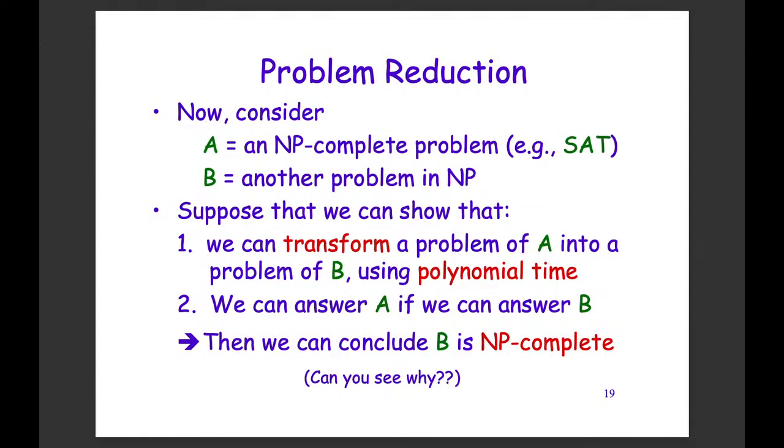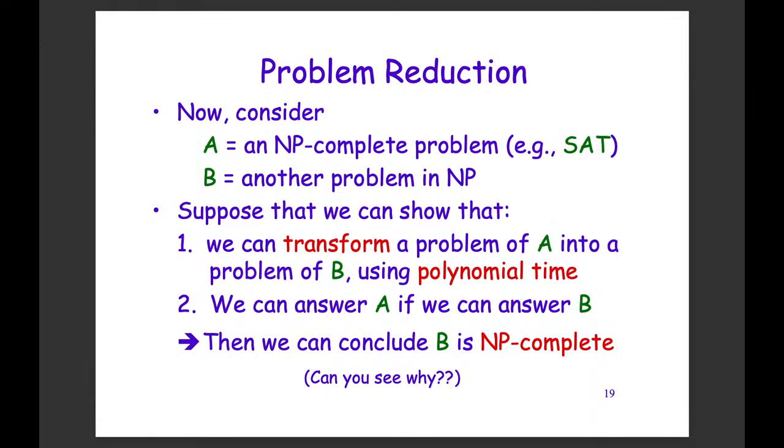But B is also within NP, and A is already the hardest problem in NP. So it implies that B cannot be really harder than A because A is already the hardest. So in that case, it implies that B is